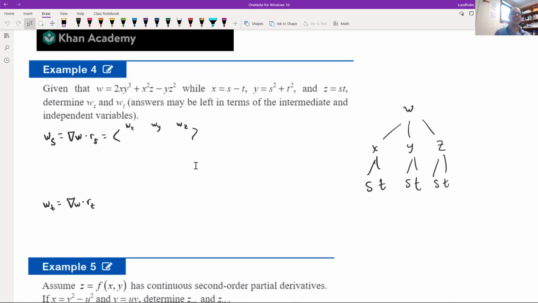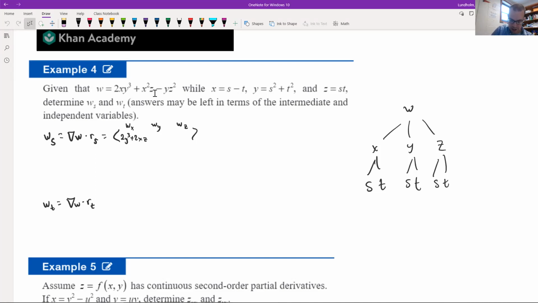Okay, we can do this. Taking the partial derivative of this whole thing with respect to X, we're just going to be left with 2y cubed for that first part. And actually, yeah. All right, 2y cubed. Here we would have 2xz,